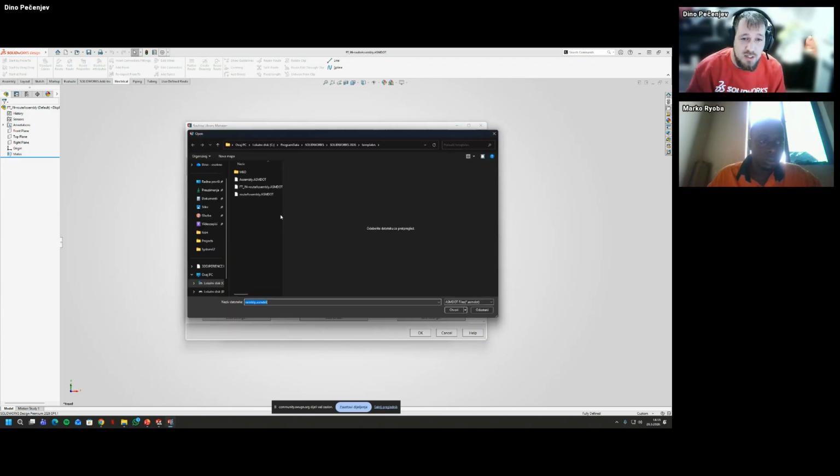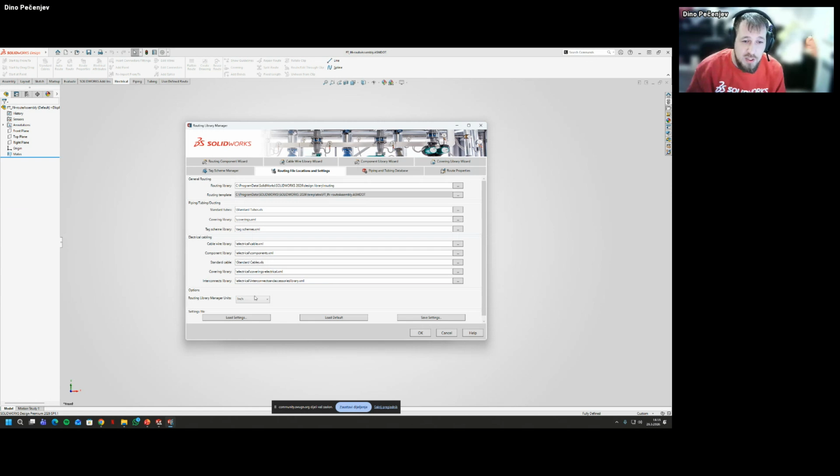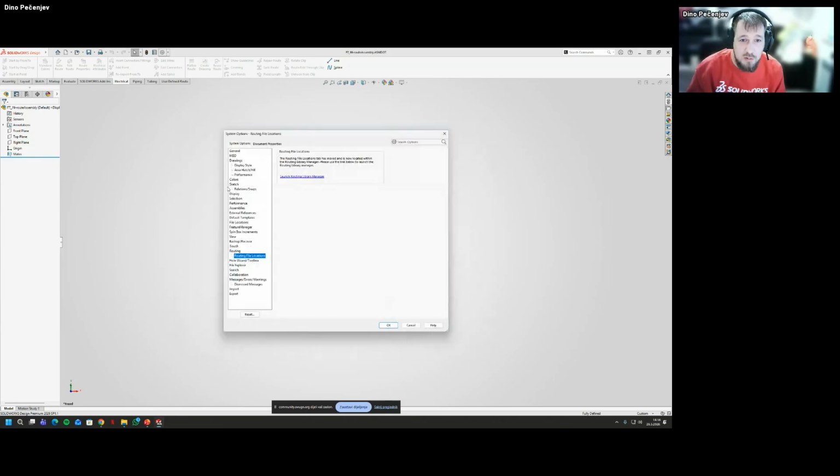So here I can set up my default template. I'm going to set it here. Also, the options routing library manager units, you can set it also here. I'm just going to leave it here as inch. So I'm going to set OK, and we're ready to start.